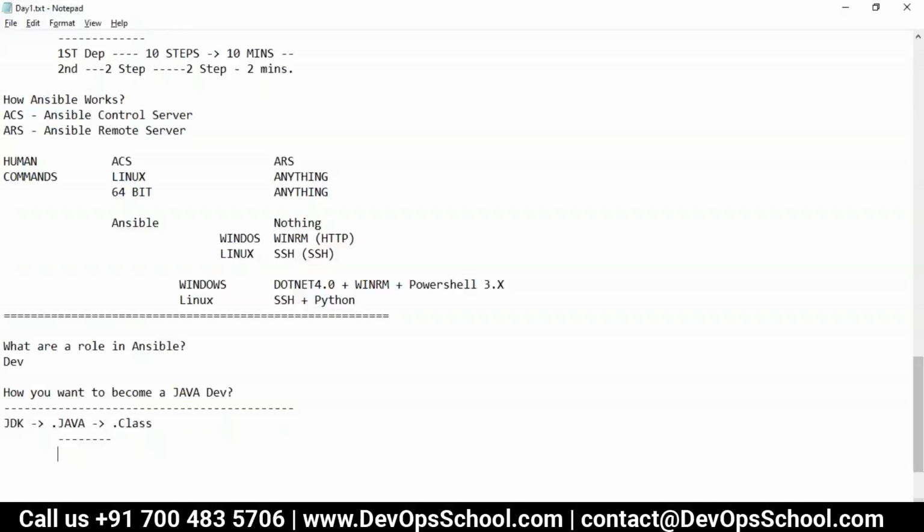What will you teach to your junior, or what have you learned as a process to become a Java developer? Syntax, variables. First we learn variables, different kinds of variables, declaration and initialization. Then we learn operators.